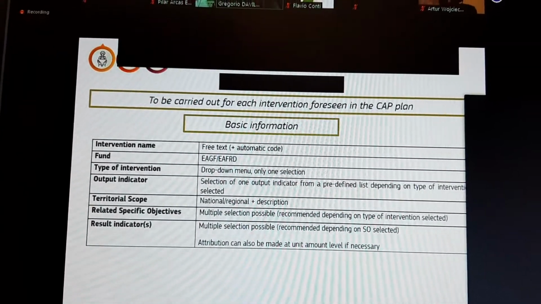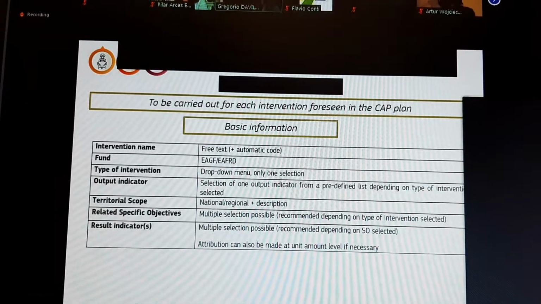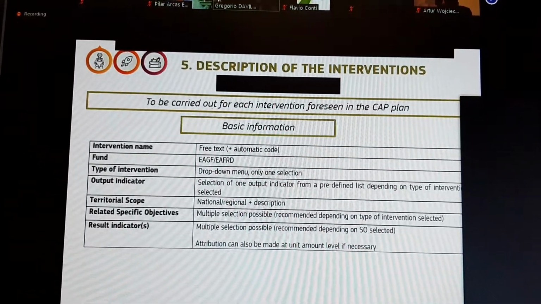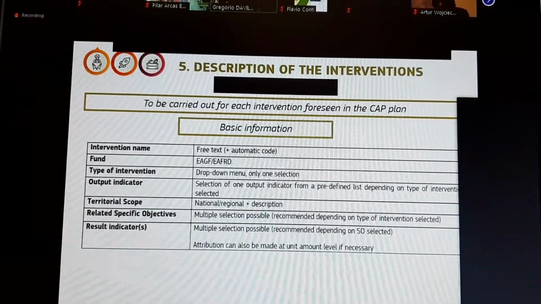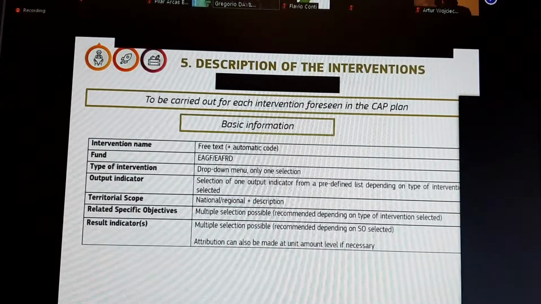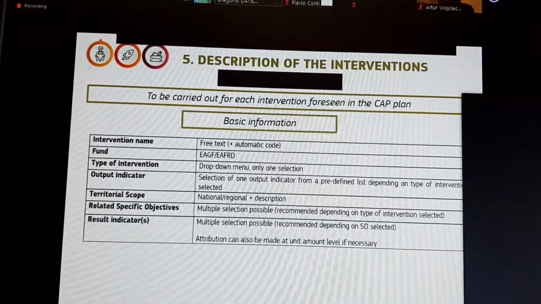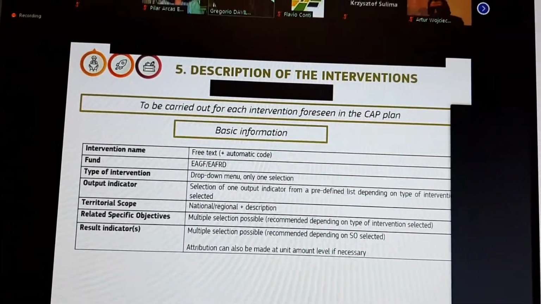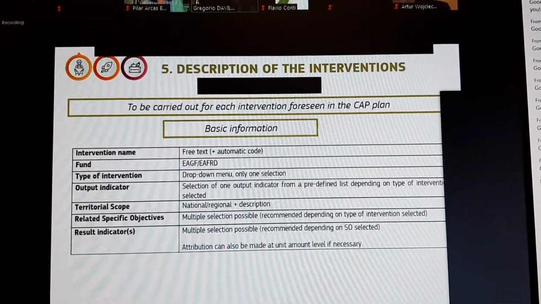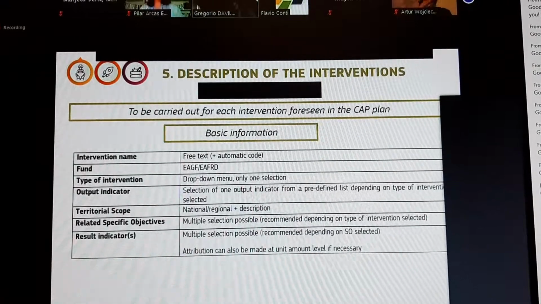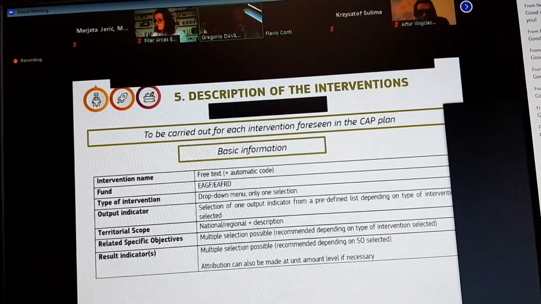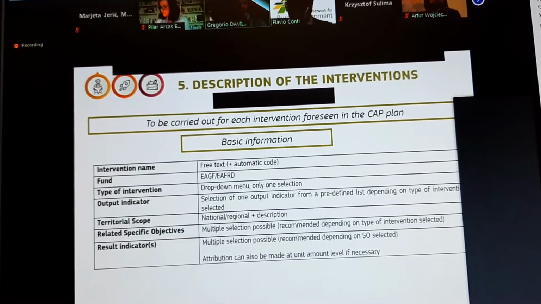So this is the place where you can select whether this intervention is defined at national level or it's a regional intervention, and in that case you have to provide the name of the region or the territorial scope that goes along with this regional intervention. I will talk a bit more about the territorial targeting, which is a different issue, and we have placed this data in a different chapter. But on this one,